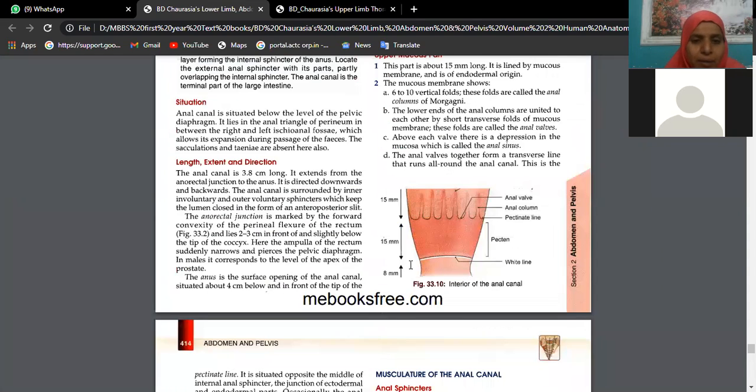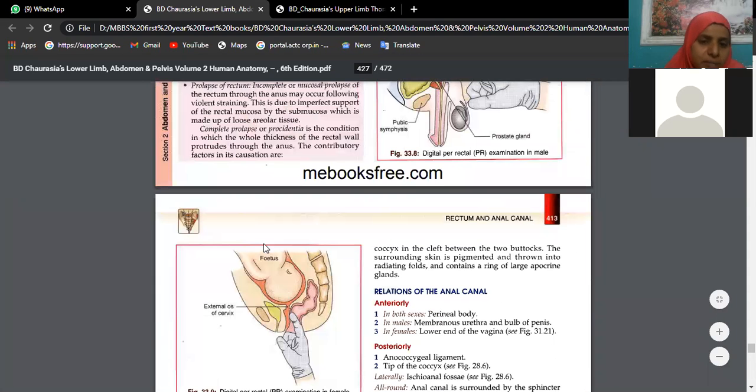Now coming to the length of the anal canal, see where it is situated. First of all, this is the pelvic cavity. This is the pubic symphysis, urinary bladder. In females, we have uterus, cervix, vagina. Then we have rectum, anal canal, behind which we have the sacrum and coccyx bone. This is the layout of structures in the female pelvis: pubic symphysis, urinary bladder, uterus, cervix, vagina, vulva, rectum, anal canal, sacrum, coccyx.